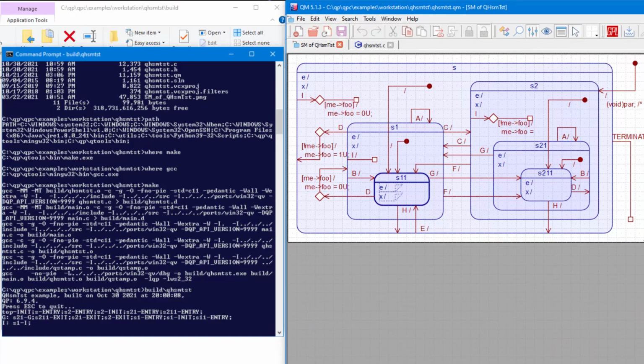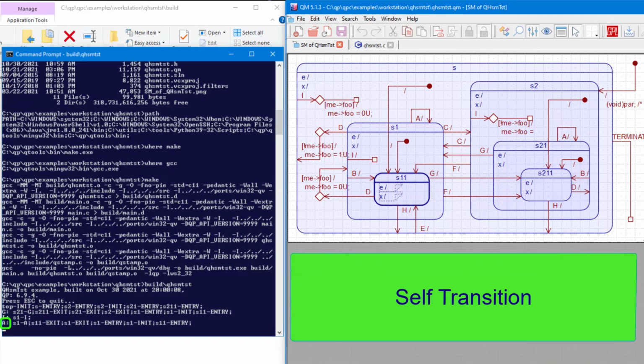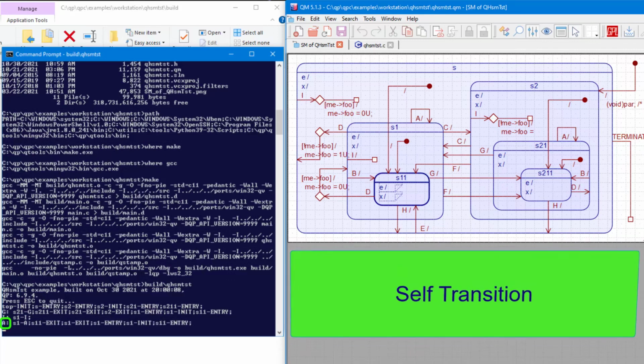Next, let's dispatch event A. As before, the current state S11 does not prescribe how to handle A, so the event is passed on to the superstate S1. S1 has a self-transition triggered by A, so it executes actions associated with that transition, producing the printout S1A. This time, however, A is a regular transition, which requires exiting the source state configuration and entering the